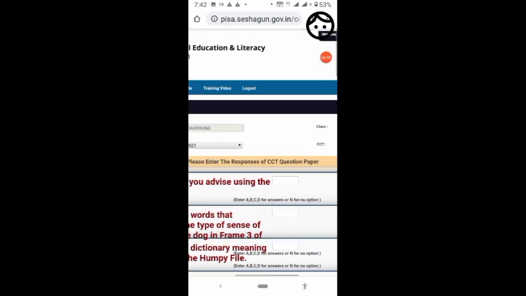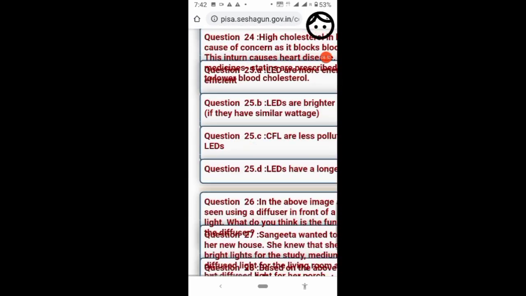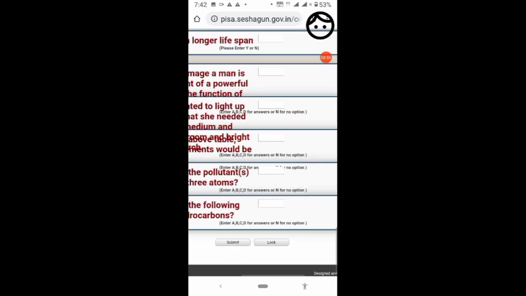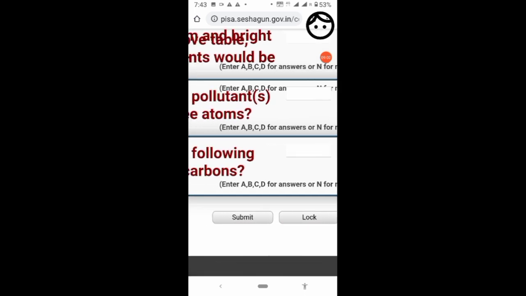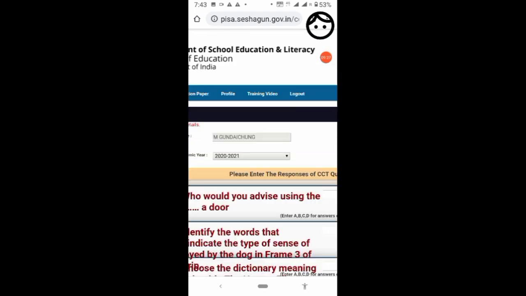So once you complete this task, children, after completing this task, there are 2 options at the bottom. You can submit and lock. So first you have to submit. Okay, you have to submit the answers, but before locking you have a chance to change your answers or edit the answers. But once you lock, you don't have the option. So once you lock, you will get the total score at the top. But once you lock, you don't have the option to appear or change it again.